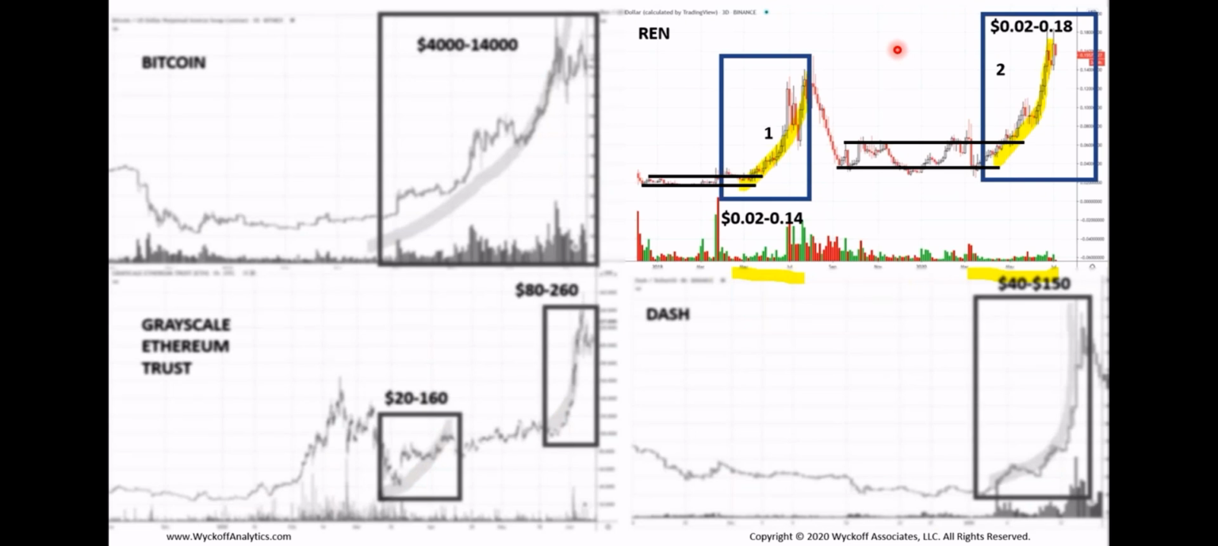For example, let's look at this chart. This is Republic Protocol. We have discussed this chart in the crypto report many times in the past. Usually in the crypto report I focus only on the major asset because covering 3 or 4 assets in depth